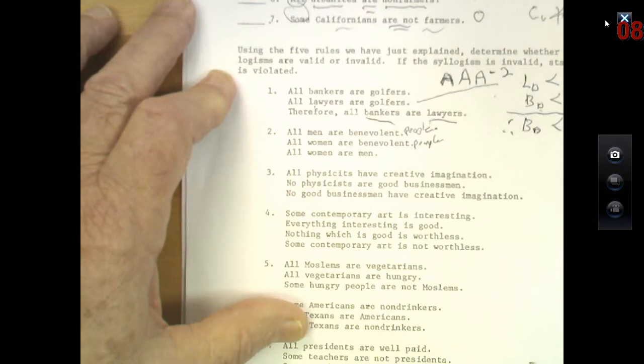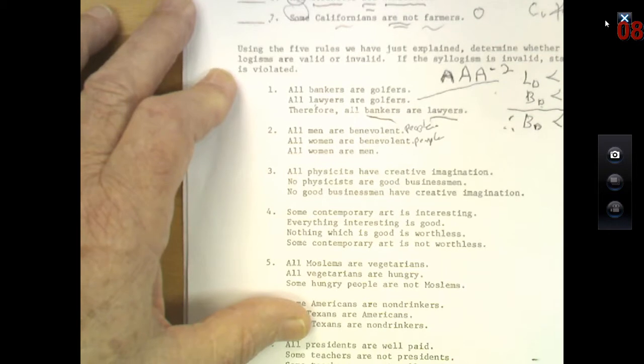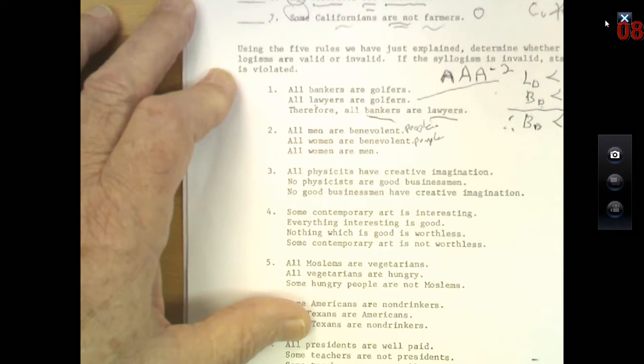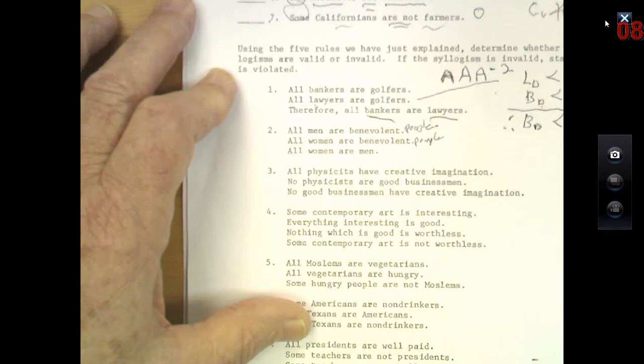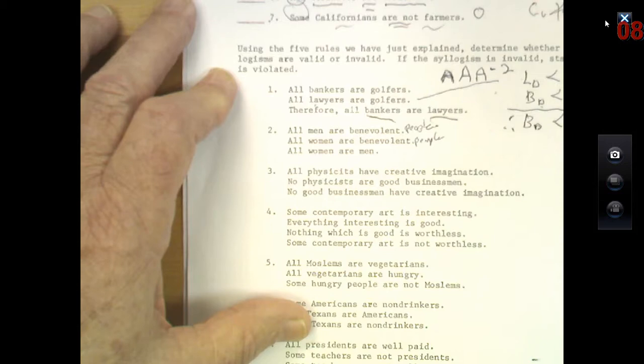Do I have a major premise first? Let's see, major is men. Okay, how do you know men is the major term? Because in the conclusion it's the predicate. There you go. The predicate of the conclusion is the major term, and the major premise has to be written first, and the first premise has the major term in it. My minor term is women, and that's written second in the second premise. Okay, let's